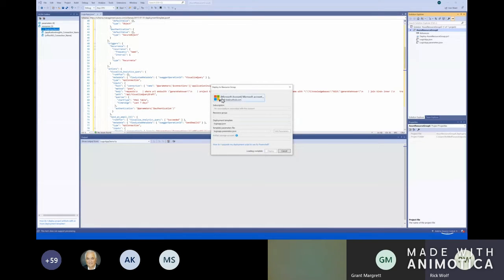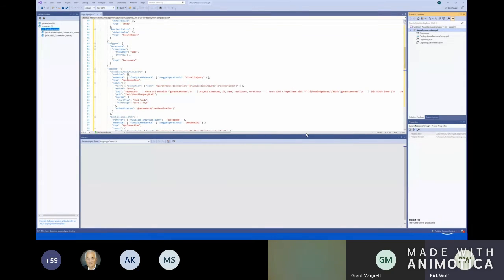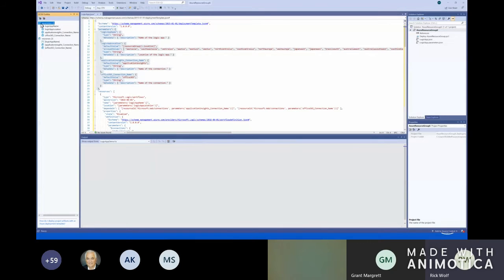Simply click on deploy. I can pick my account, pick my subscription, the resource group I want to deploy to, the template that I'm using. We only have one in there, and the parameter file for the parameters for this. So let's take a quick look at the parameters. So if we expand our JSON outline here, we can see that in this Logic App, we have 4 parameters. We have the name, we have the location, and we have the App Insights connection, and the Office 365